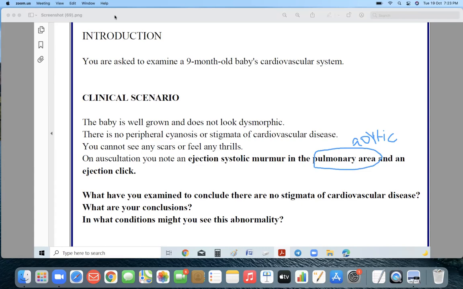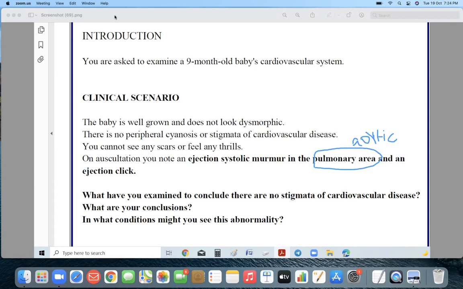On inspection of the chest, there was a bulging of the left side, and the apex is in the 6th intercostal space in the mid axillary line. The child has a thrill on the right upper side, and there is a 4/6 murmur radiating to the carotid. First heart sound is loud, second heart sound is normal, and there is liver 2 centimeter below the right costal